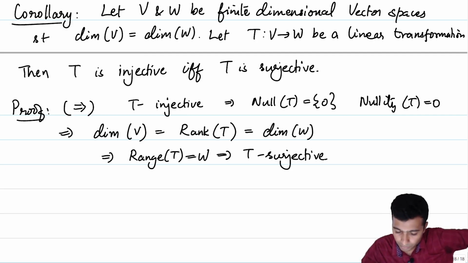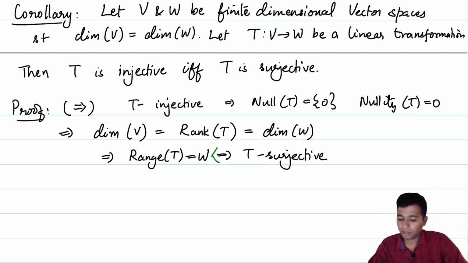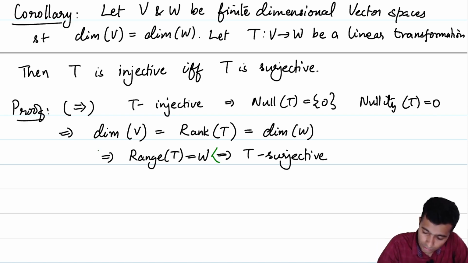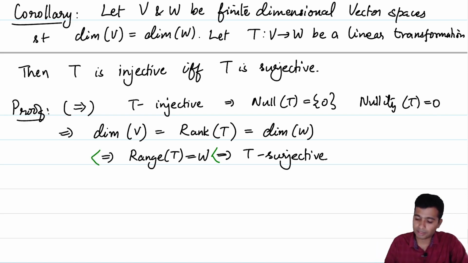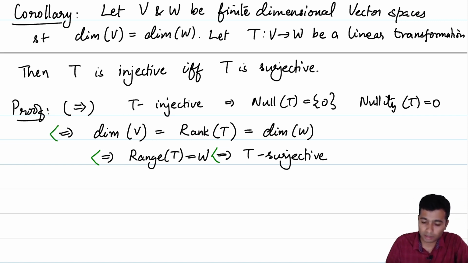Alright, so can we do the same thing in the opposite direction? If I am to put a green arrow, what does it mean? T is surjective implies the range of T is equal to W. The range of T equal to W implies that the rank of T is equal to the dimension of W, which is equal to the dimension of V. But that implies by the rank nullity or the dimension theorem that the nullity of T is equal to 0, which implies